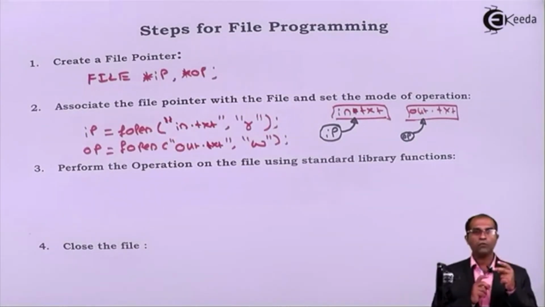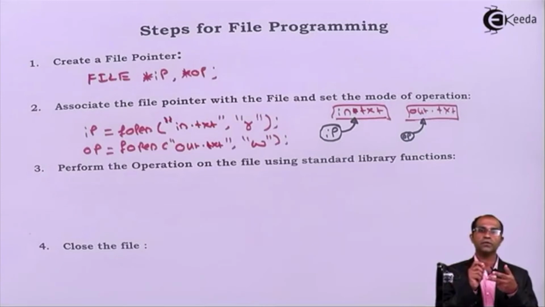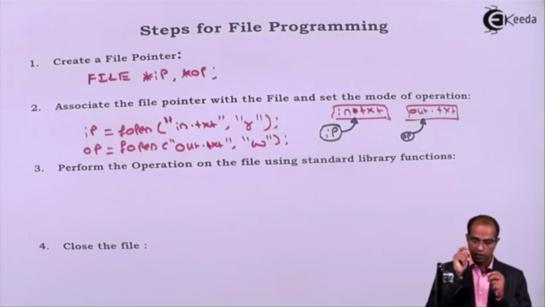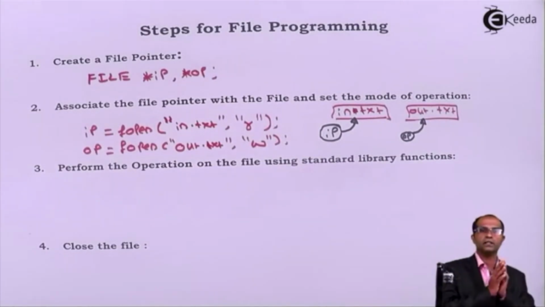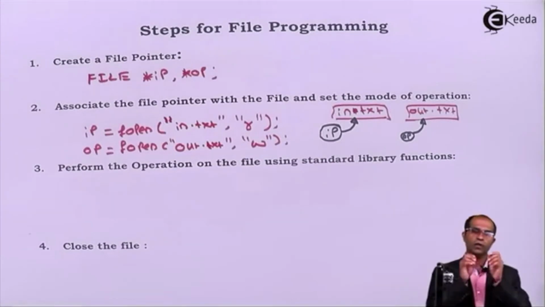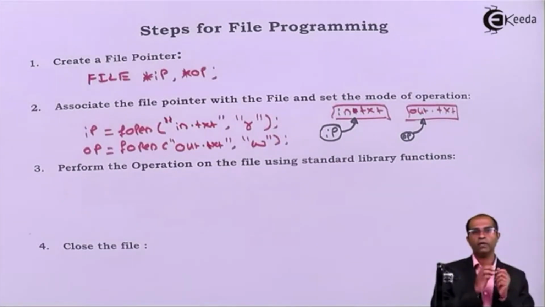So basically, fopen with write mode will help us to create a file, whereas fopen with read mode will always allow us to read the content from a file. Clear? So out.txt with write mode creates a file and in.txt with read mode allows you to read the file. If the operation is successful, it will always get the address. If the operation is unsuccessful, it will always give the null value. Now you might question me that out.txt, if it doesn't exist, it will create. Then when does it return a null value?